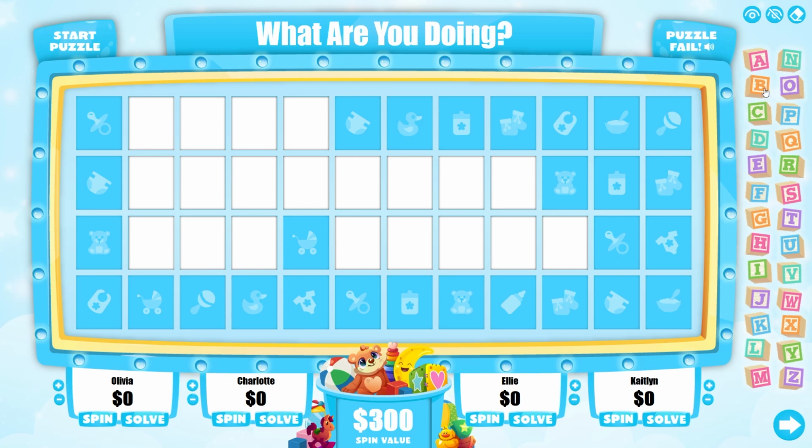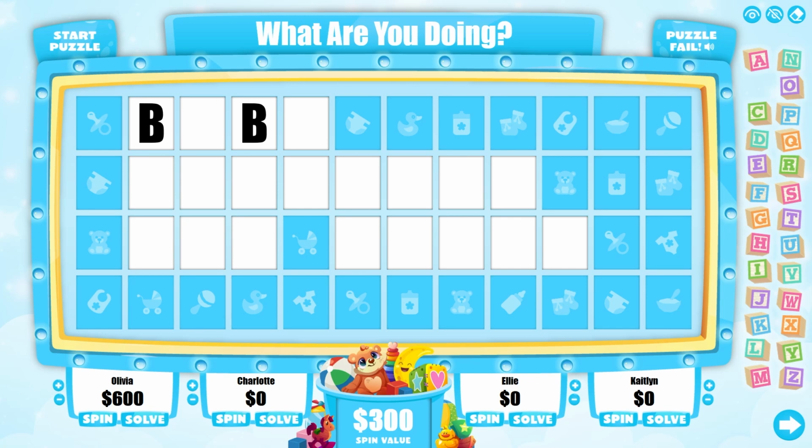If there are any of that letter in the puzzle, the board will light up and you can click the lit up letter to reveal it. Once you click it, you will see the letter value added to their score. If there is more than 1 letter, each one you click will be added to their score. After they guess at least 1 letter correctly, they can choose to spin again, buy a vowel for 200,